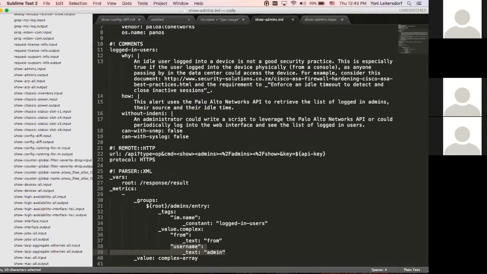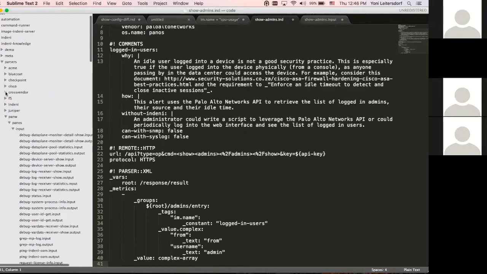Exactly. What we're doing here, we're iterating over the XML content, the entries we have there, converting it into a JSON content that the server can understand and generate rules from. The JSON content we convert it to is consistent for all devices, right? Because it's the target content. That's what the rule can work with. The difference from device to device is how do we generate that JSON structure? If it's from XML output, we're going to use the XML parser. If it's from JSON output, we're going to use the JSON parser. If it's from just textual output, we're going to use